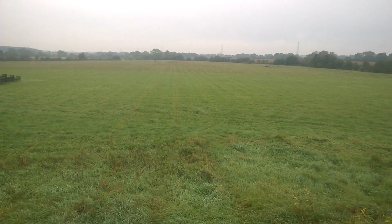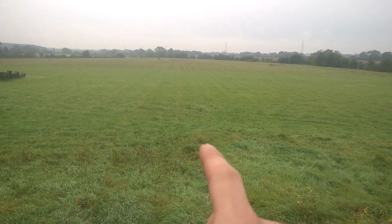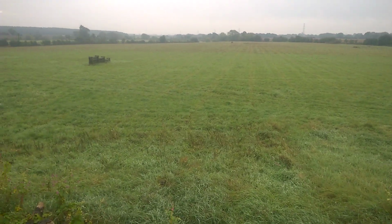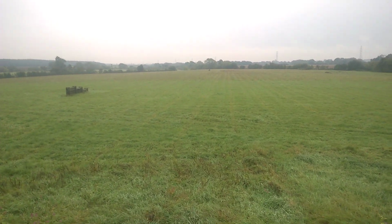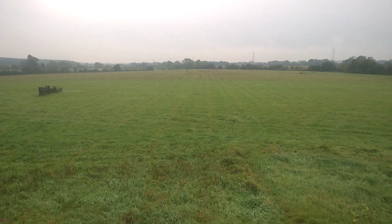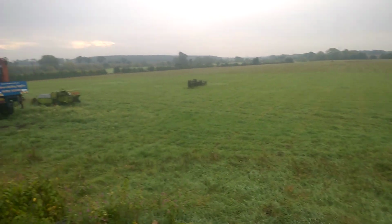The farmer had said he'd seen this done in summertime, and he said he just had long big strips where you can actually see where the grass has been damaged, which I didn't realise. I've done quite a bit of sports turf work and it doesn't get like that. So this is field conditions, it's something a bit different for me, so we're learning. I'll keep updating you on that as it comes. So yeah,